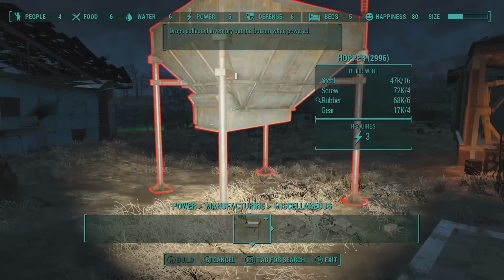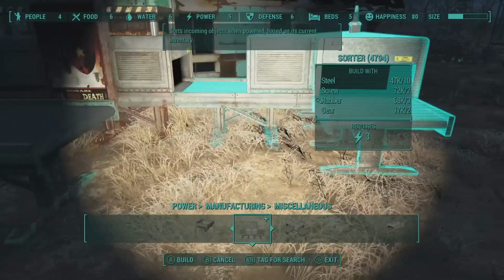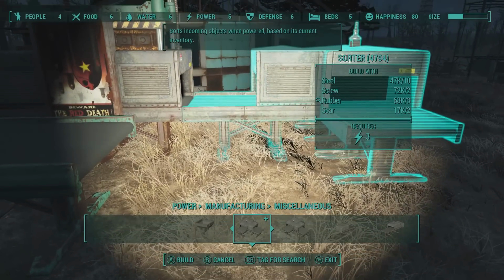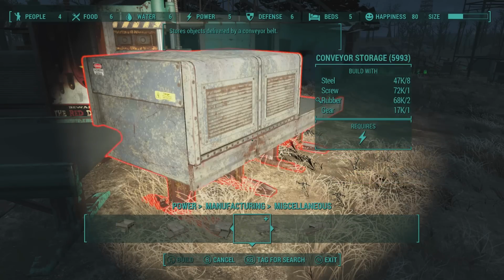a hopper where essentially you can have all these things pour into it and then sorted into individual bins and then collected. It's insane. I'll have to, of course, play around with it with terminals connected, do another full video for y'all out there,